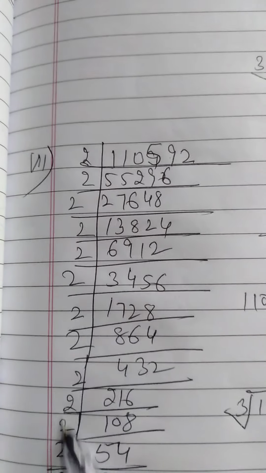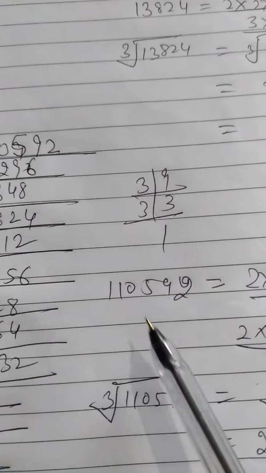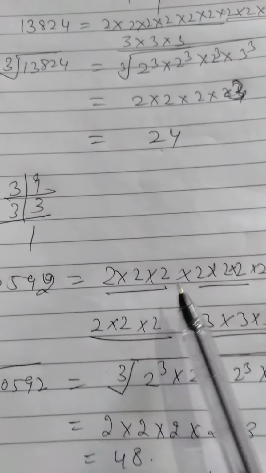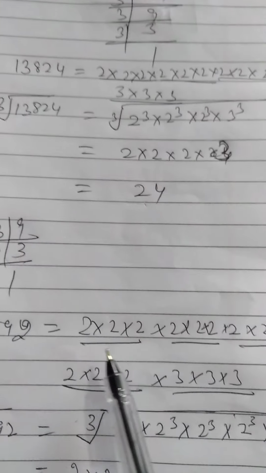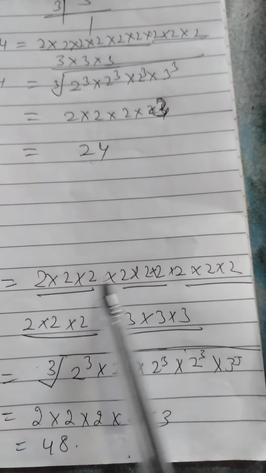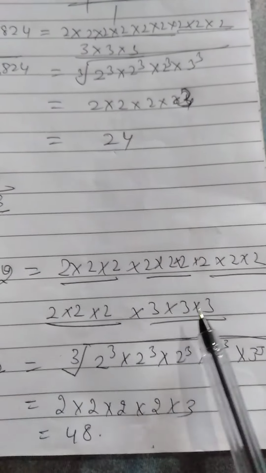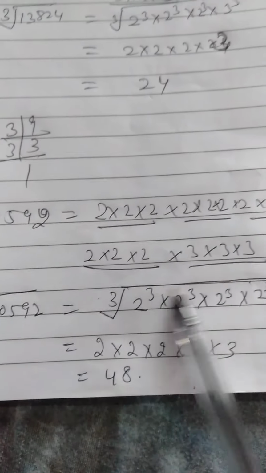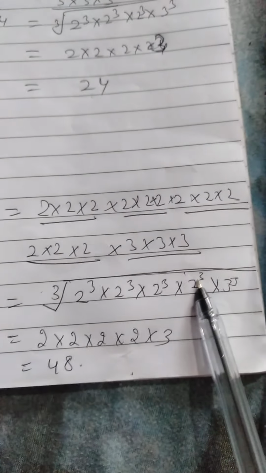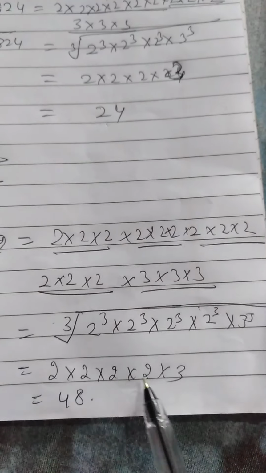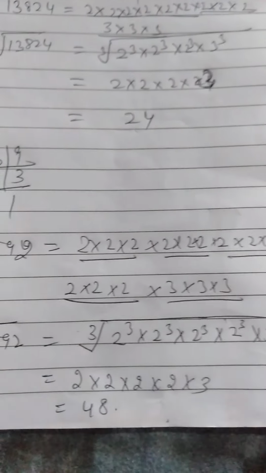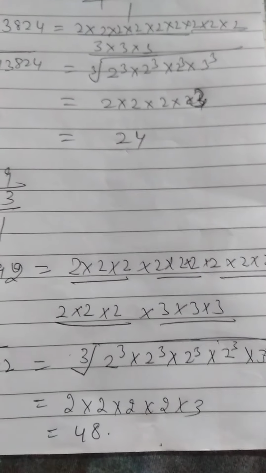So after that you can follow the same factorization here, and you can write this as the product of 4 pairs of 3. This is 2 cube, 2 cube, 2 cube and 2 cube with 3 cube. So taking cube root on both sides, cube and cube root will cancel and you will get 2 times 2 is 4, times 2 is 8, times 2 is 16, times 3 is 48. So this is the solution of 7th part.